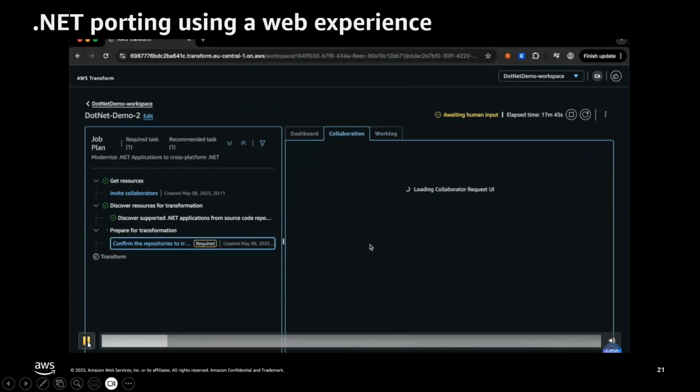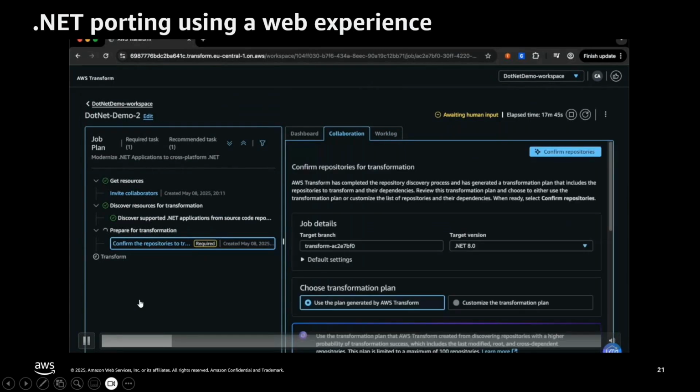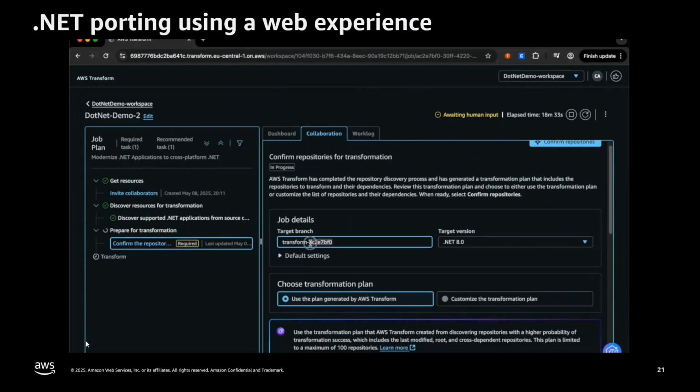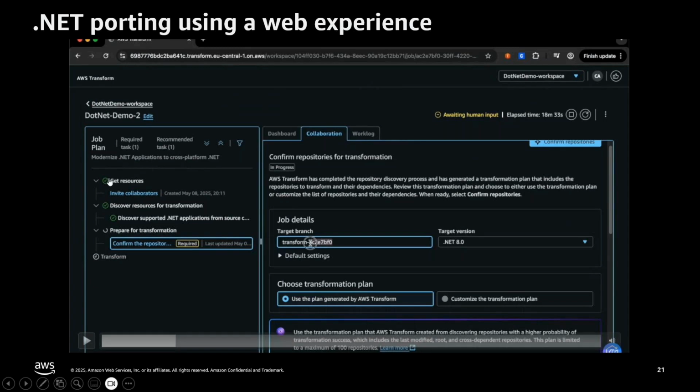With that being selected, in the next step, I have to decide how I am going to do the modernization or transformation for my repositories. By default, AWS Transform is going to create its own transformation plan based on the information I have provided. It's going to create a target branch with its name, target version, and some more information.